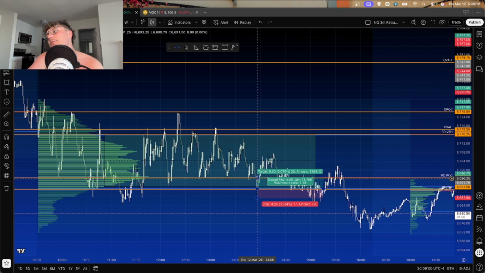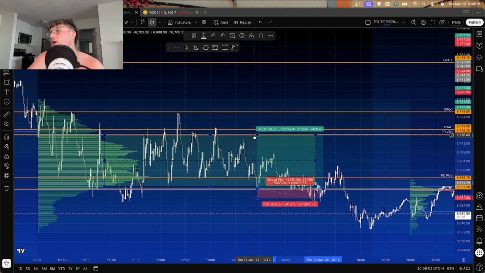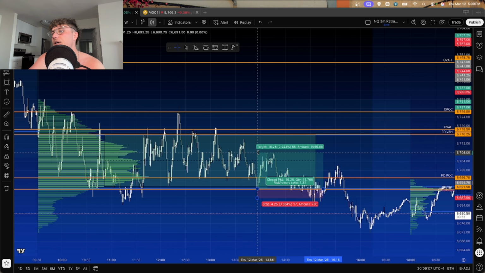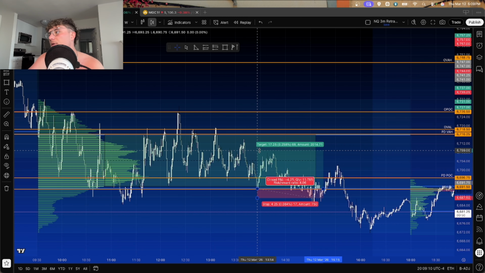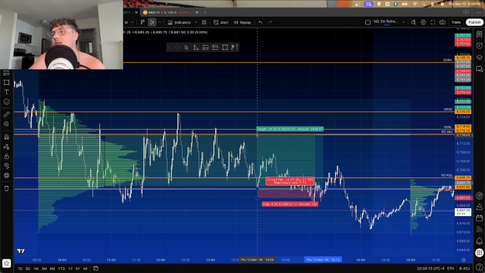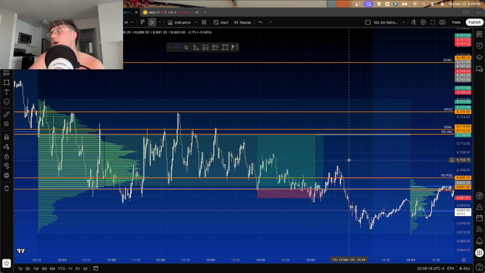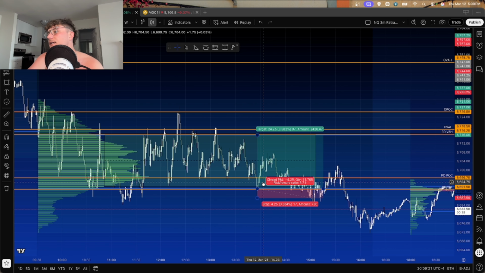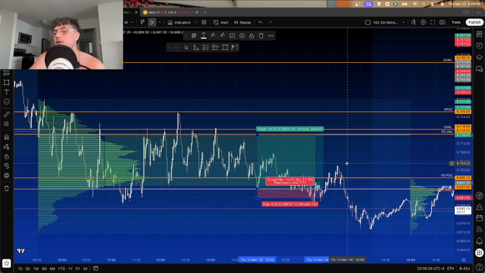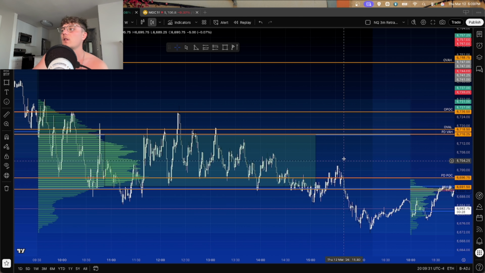Yeah, we could target the point of control, and then we could set runners for the premium price or runners for another high volume node throughout the value range. So maybe here might be one. Maybe it would have got filled, maybe not. And then we could set our final TP at our value area high. That wouldn't have played out all the way, but you still get your partials at the point of control and moving stops up, and so you got potential upside for more, even though it didn't come. But that's the general idea of how we can trade auction market theory in the markets by using a volume profile.